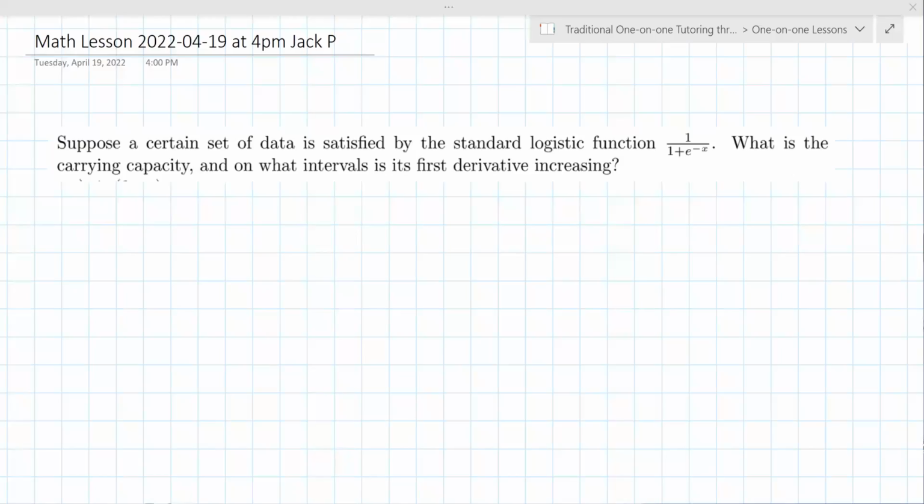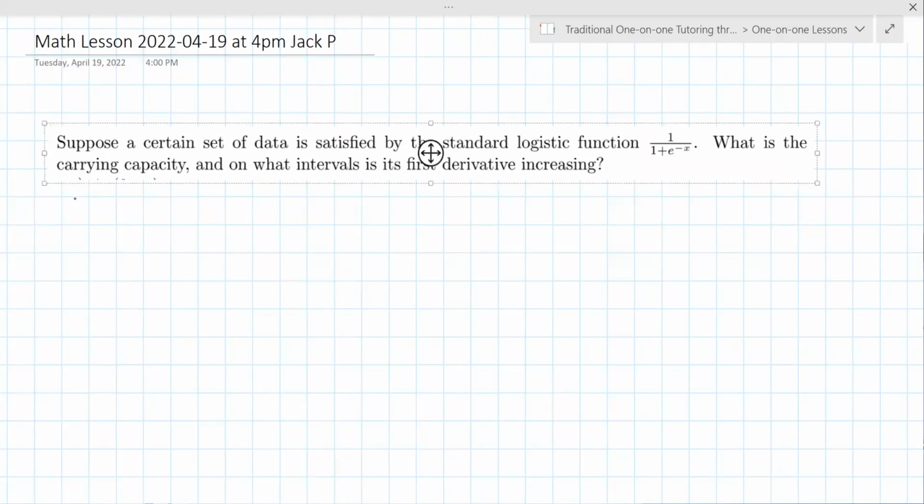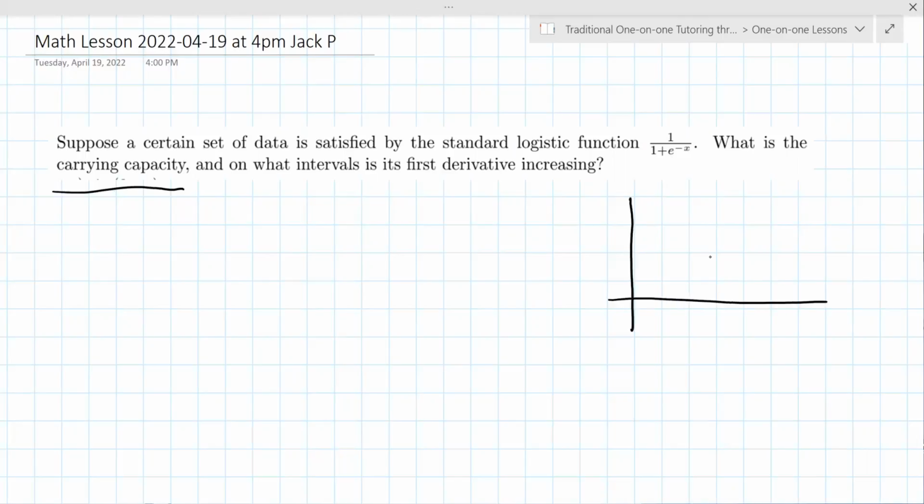All right, so it says, suppose a certain set of data is satisfied by the standard logistic function. What is the carrying capacity and on what intervals is its first derivative increasing? Okay, the logistic always looks something like the following,